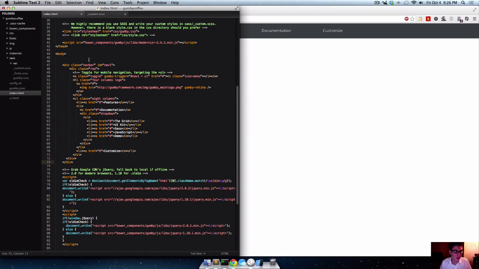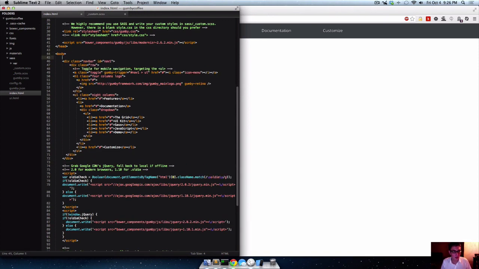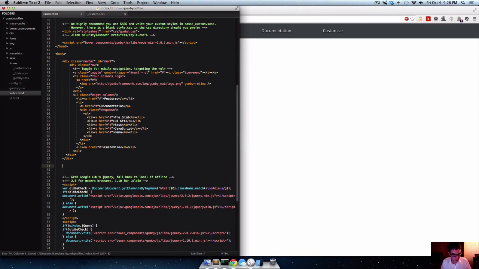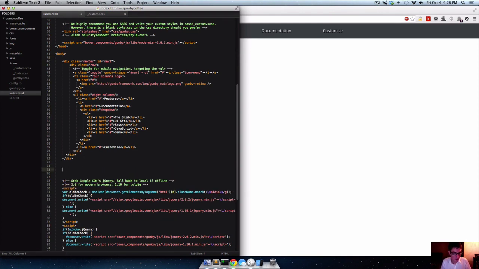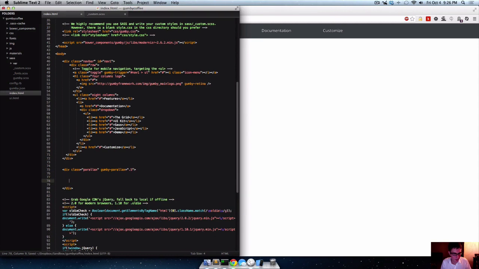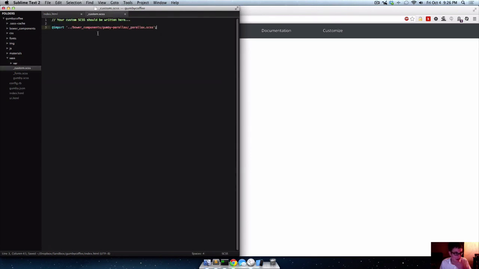Next, we want to add our first bit of parallax stuff in there. So remember we have to give it the class of parallax, and then we need to say data-gumby-parallax equals, and then we set how fast we want it to scroll. Okay. So if we save that, and we just got an empty div right there, and then let's give it an HTML height of 2000, just so that we can actually scroll something, and then we'll say parallax